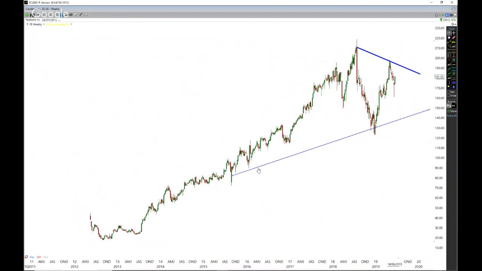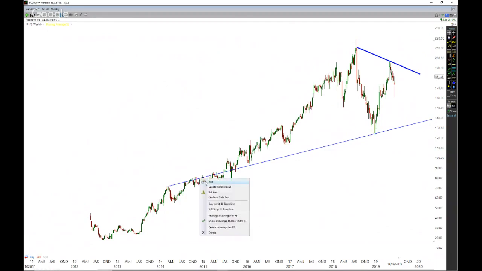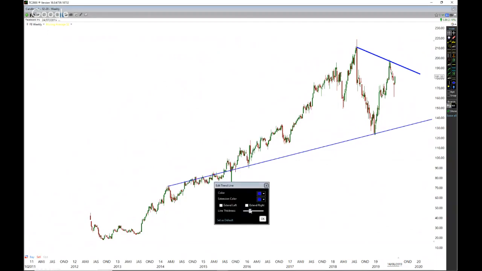So let me just draw that through there. All right, that'll be the line. I think that'll be the line. Yep, that's the one for me. As you can see, I really had to spend a bit of time trying to figure out where that line is for me, but that's that line.